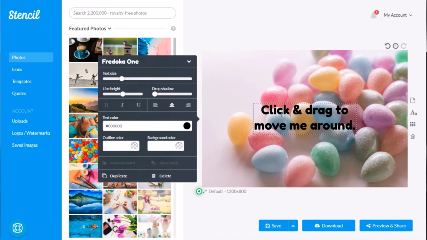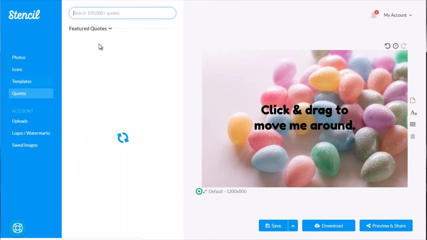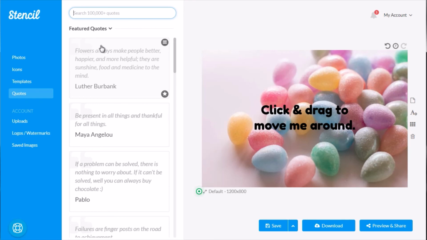So you can double click this and enter any text you want based on the content and the powerful words that you have researched. Or you can simply go to their quotes section and you can see that they have about 10,000 plus quotes. So we can think, okay, the audience is women, so maybe we can focus on